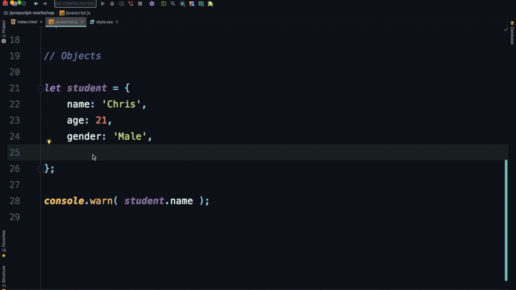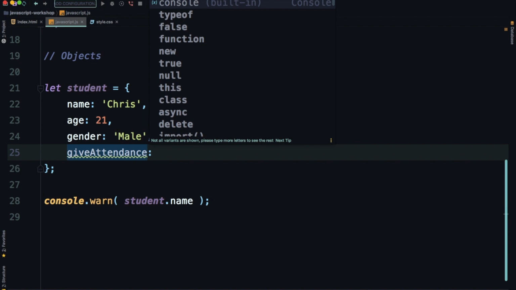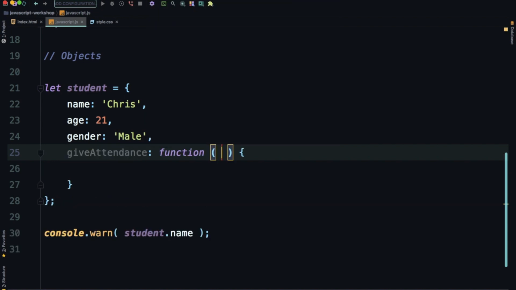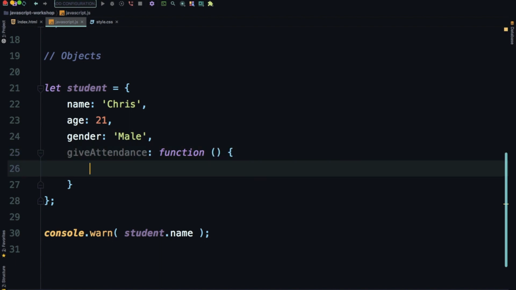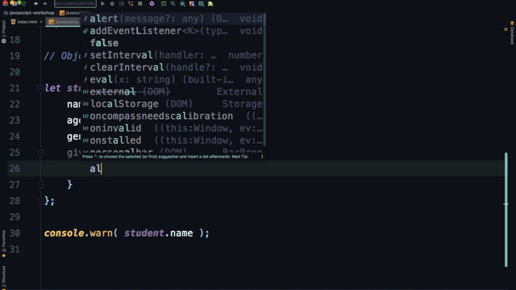We can say giveAttendance, and then all I have to do is write a function. So you put the keyword function, and then it can accept parameters, but in our case, let's say it doesn't. For now, let's just do an alert